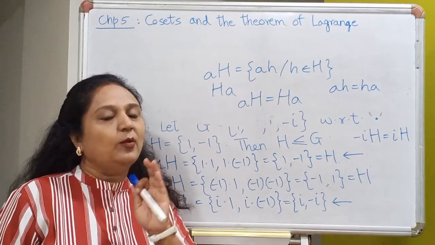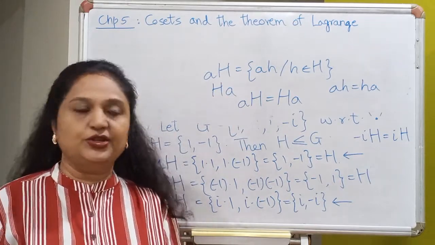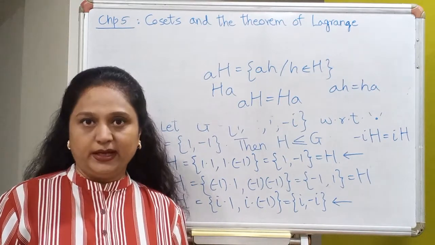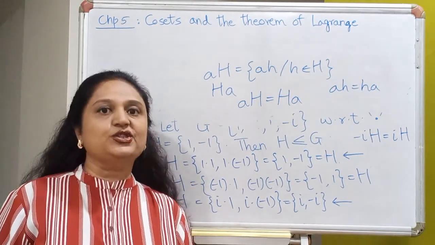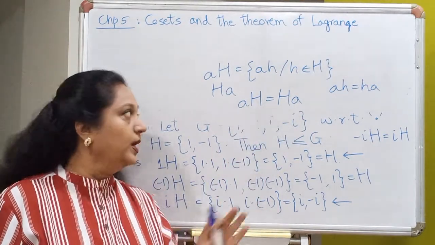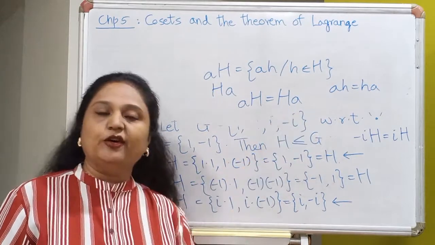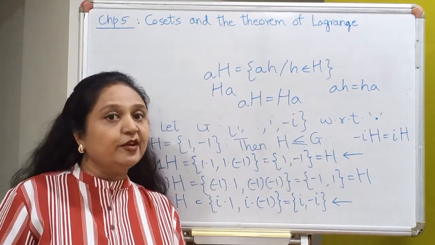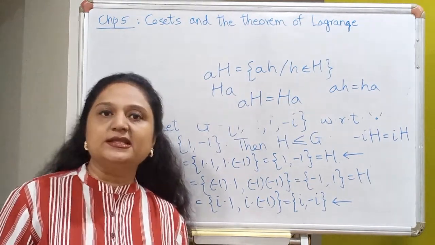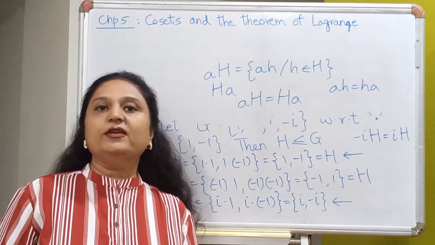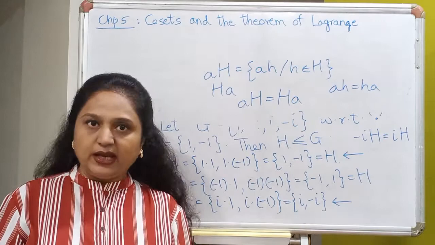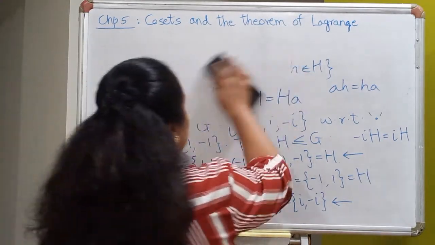One should also ask the question, would this be satisfied even if the group is not abelian? That would be a question worth asking. Is every left coset of some subgroup equal to every right coset of that subgroup, even if the group is not abelian? At the moment, we are not in a position to answer this question straight away. So we will have to wait for a later chapter. But for the moment, just file away this question and keep it. Okay, so let's go to the next example.